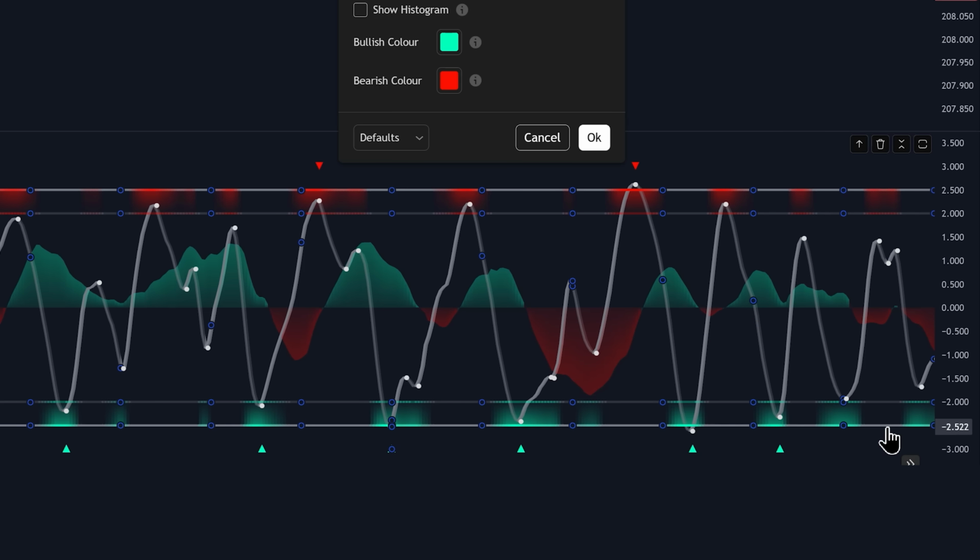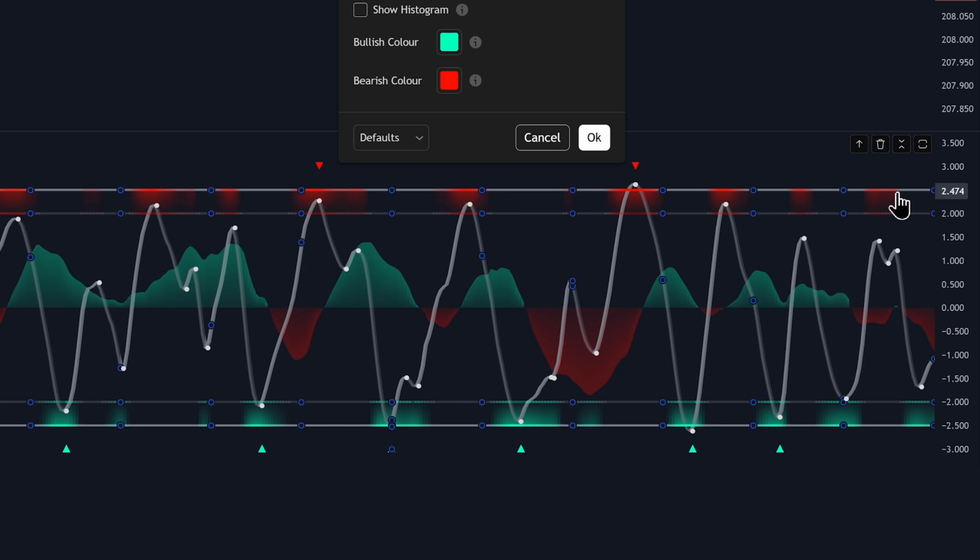Inside the +2 range is mostly normal momentum. Outside it is where you start treating the move as stretched, and once you're pushing towards +2.5, you're officially in the extreme zone. You can also set up alerts. The script supports alerts for key momentum events like direction changes, zero crosses, and when price enters those overbought or oversold zones, which is perfect if you don't want to stare at GBPJPY all day waiting for the rare extreme